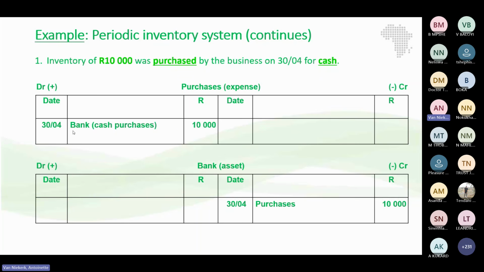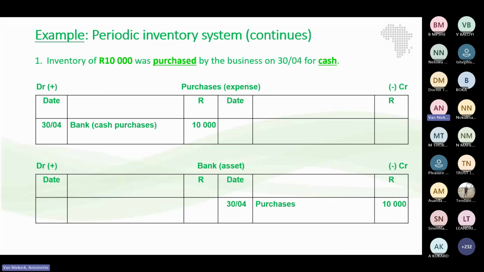We usually use the other account's name as a description of the account that was applicable, so as to make it easy for us as a reference basically. So when we open our purchases account, the T account, and we look here, we will know, okay, the bank account was applicable. The same with the bank account. We will see that purchases occurred, of 10,000 Rand. So that's why we use the opposite account's name. Okay, next.